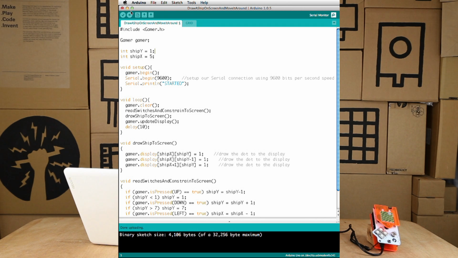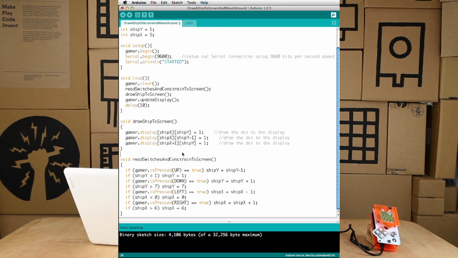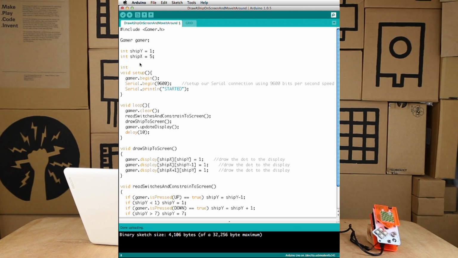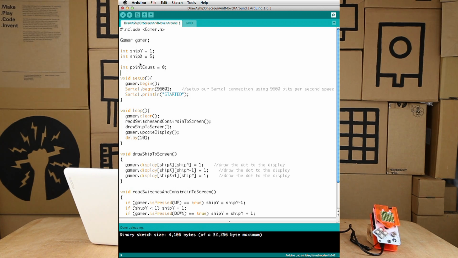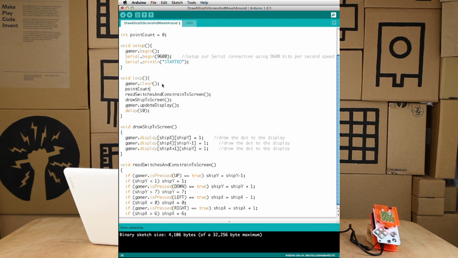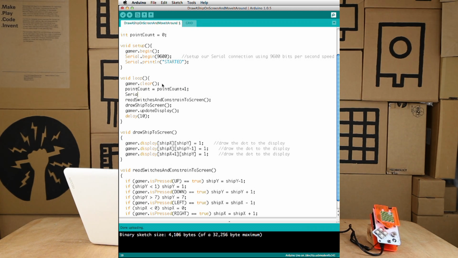So if we go back to our Arduino code, let's make something a bit more useful out of that serial monitor. Let's say, for the sake of argument, I would like to see how many points I'm scoring, or see how many times my spaceship has drawn to screen. So I'm going to create a variable, call it point count. I'm going to set it equal to 0 at the beginning. And then inside of my loop, I'm going to say point count is equal to point count plus 1. And then I'm going to say serial.println